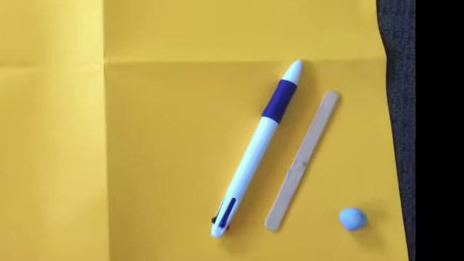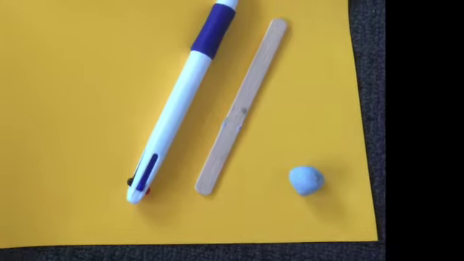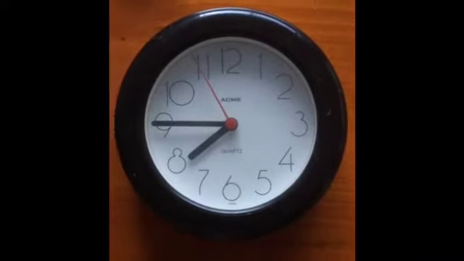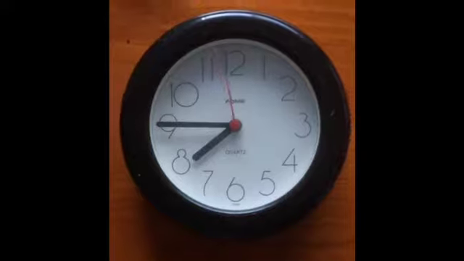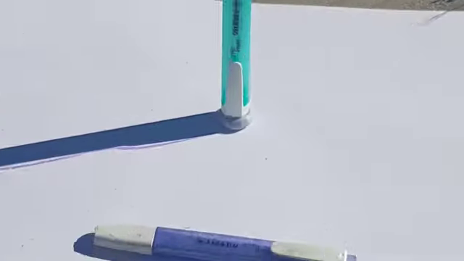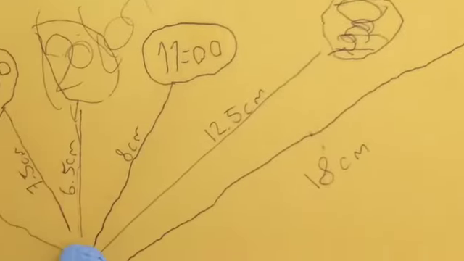For this experiment, each group of 3 students will need an icy-pole stick, an A3 piece of paper or a paper plate, blue tack, a pencil, a compass, and a paperweight. The first step is for each child to choose a role: the timekeeper, the engineer, or the scribe. The timekeeper keeps the time and makes sure that every hour a measurement is taken. The engineer assembles the experiment and makes sure it's in an appropriate spot, and the scribe measures and records all